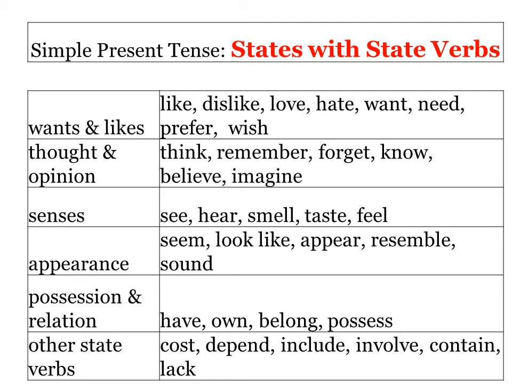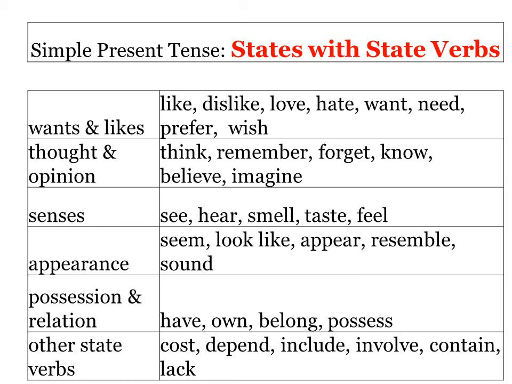An activity is something that we do physically. It is an action that happens continuously. But in a state, we only have desire or feelings. That is, there's no physical action which can be seen on a continuous basis. So, we should not use ing words or continuous forms in states and state verbs.